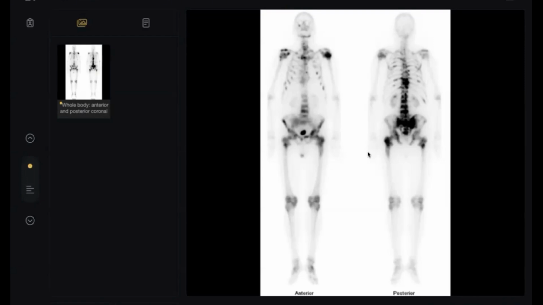The most important feature of the mets is that it is non-uniform, scattered, heterogeneous in size, in shape, even in uptake. Doctor, I want to ask you one question. If I told you, why is this not multiple myeloma? Multiple myeloma also affects the spine. Why? Yes, but there is